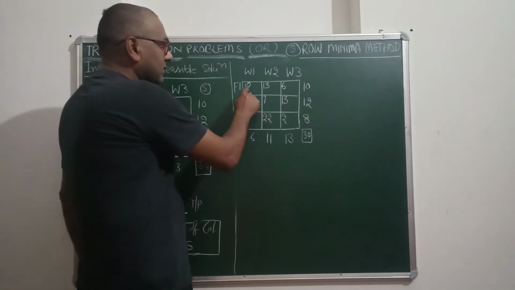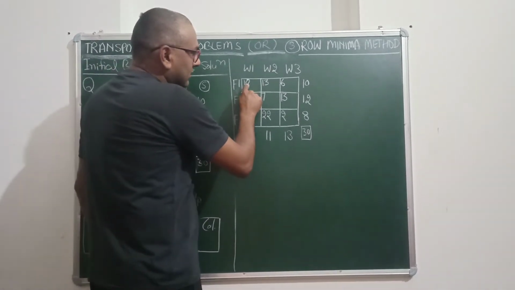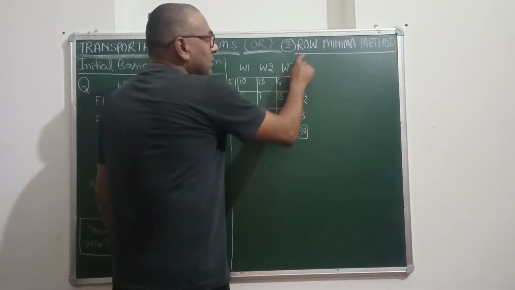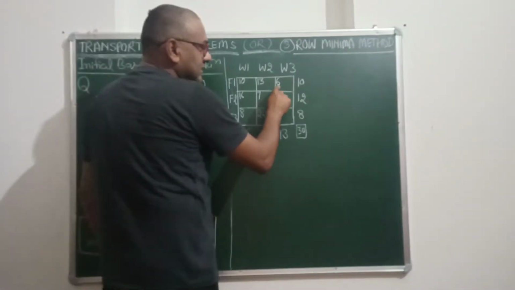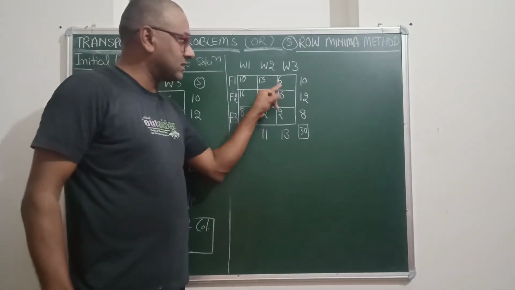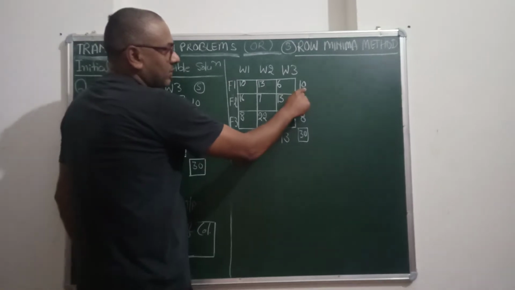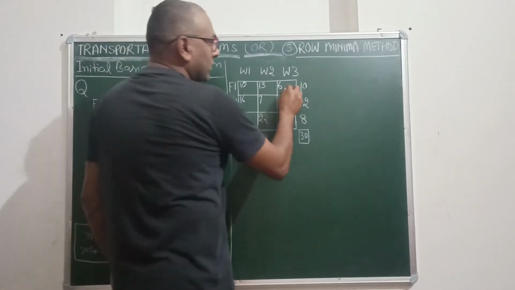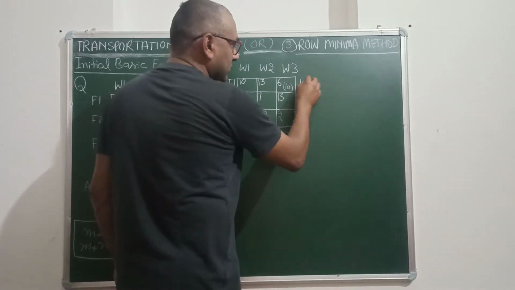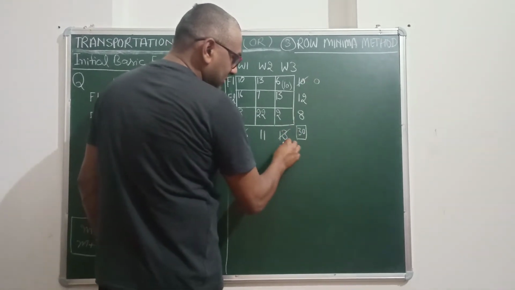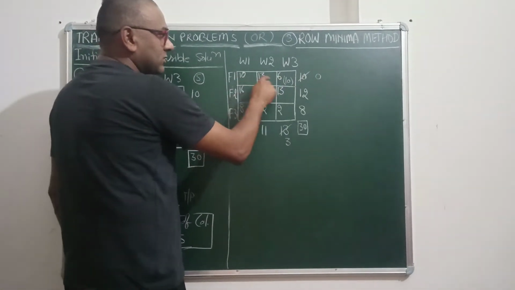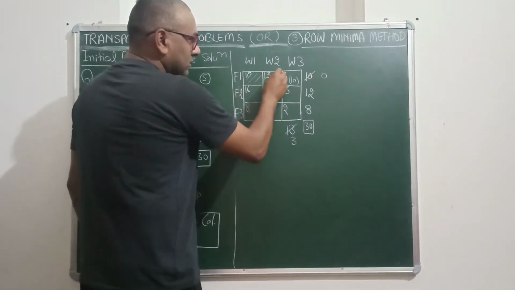Okay, so starting with the first row, you will see that 10, 13 and 6 are the unit costs. So what do we have to select? We have to select the minimum value in the row. So here 6 is the minimum value, so we have to make allocation to this cell. Okay, so here the supply is 10, demand is 13, so we will allocate 10 units. Okay, and the entire supply has been made, so this becomes 0 and the demand remaining is now 3 units. Okay, as there is no further supply available for these two cells, we will not consider them further.